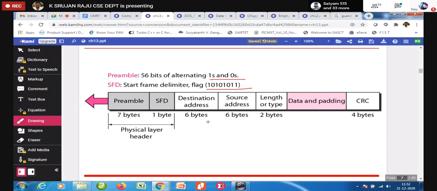Then you are going to use the 6 byte destination address, 6 byte source address, and your length or type is 2 bytes, and this is the data and padding, and this is the frame check sequence or CRC. 802.3 frame format. In your exam, they may ask this question, very, very importantly.